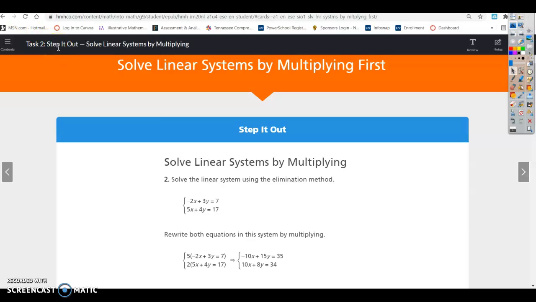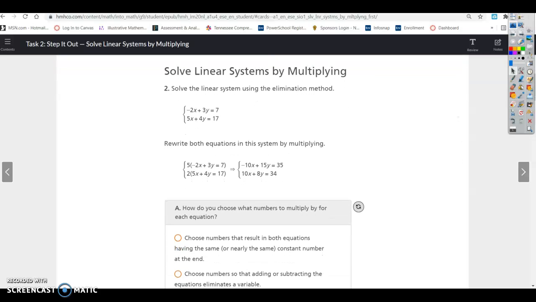All right, guys, still looking at lesson 9.4. This is task 2. Solve linear systems by multiplying first. All right, so solve a linear system by multiplying. First, you need to look at the system and determine which coefficient or what you need to multiply by based